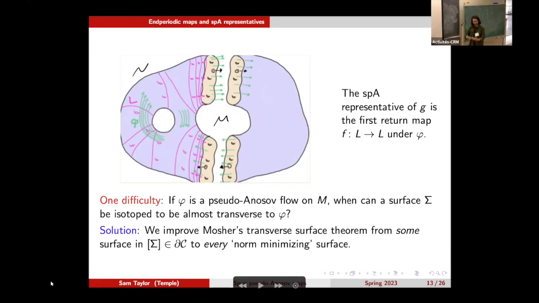Yeah. The hard part is when I do that, I just produce junk. The flow is junk, and I need to replace that junk with the honest pseudo-Anosov flow. And when I do that, the question is, well, then how do I know my boundary N is still transverse to that? And that's what this